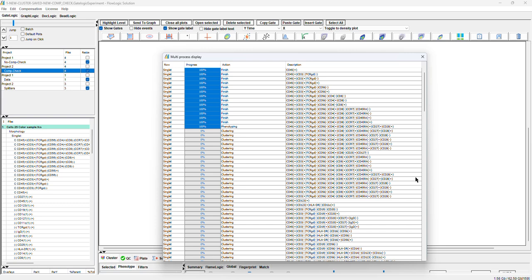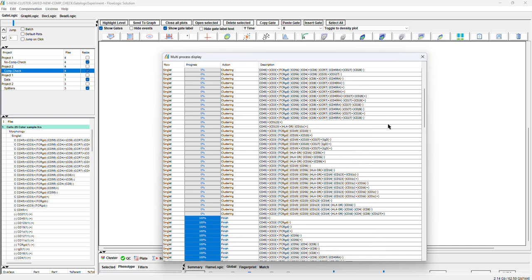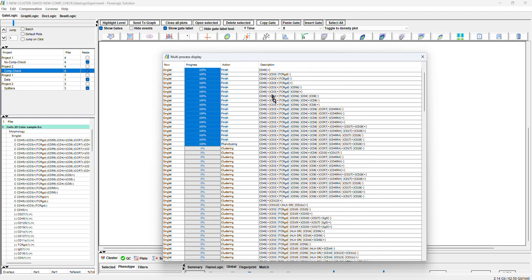So in practice there is not much to do. You have to prepare your phenotype, which people usually prepare because the phenotype is your target in the experiment. And after you have the phenotype, prepare it in this format and let Flowlogic do the job. Flowlogic goes through, does the clustering, does the phenotyping for you, and the whole process is just a matter